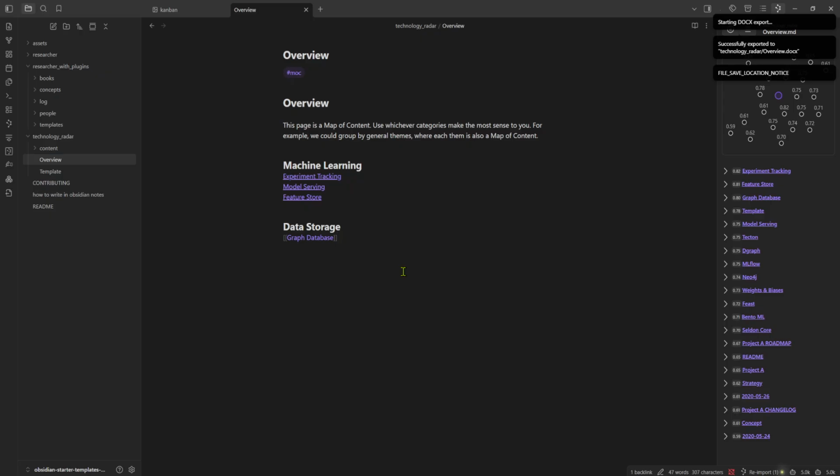So starting doc export, the plugin compiles your list, links, headers, and local images, saving a clean doc file right next to your original Markdown